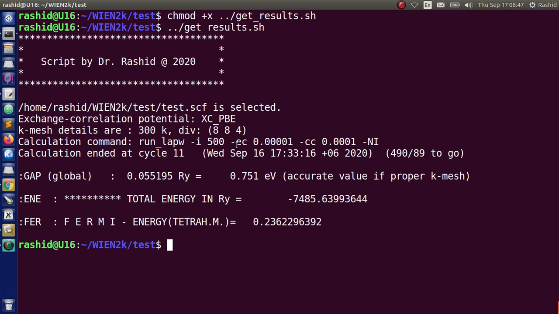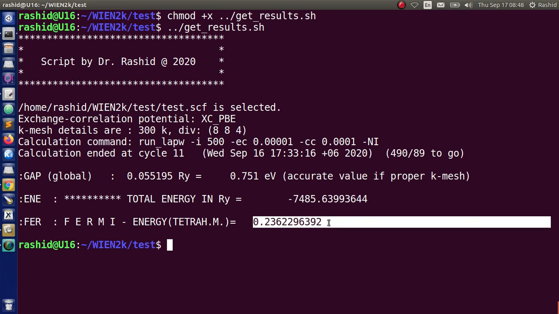The energy convergence value used was 0.00001 and the charge convergence used was 0.001. And the SCF cycle ended after 11 cycles, and it gives us the value of the band gap from the last cycle, the value of the total energy in Rydberg, and also the value of the Fermi energy.